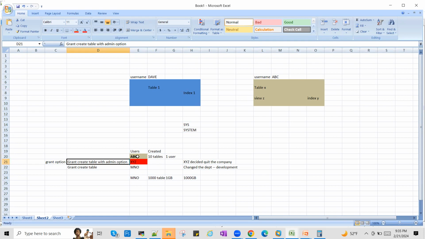XYZ quit the company, ABC will not know what all grant privileges MNO was given. MNO might be inserting some entries in the table. He decided to do something bad for the company, and he started inserting fake entries into some tables, right? So